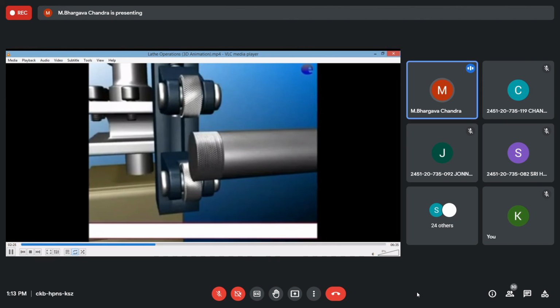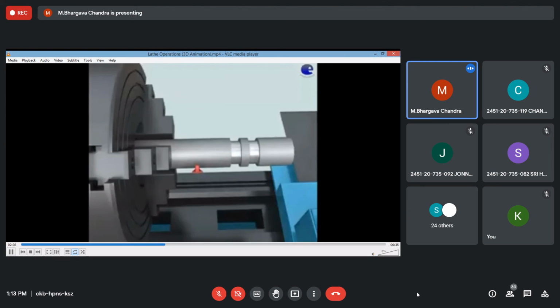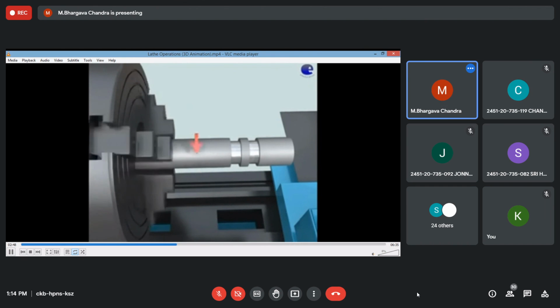We can see the diamond shaped dents created in the knurling operation. Roughness is created in that. So this is the grooving operation, where we create grooves. It's also called recessing or undercutting or necking, because they're creating a neck here, of lesser diameter.